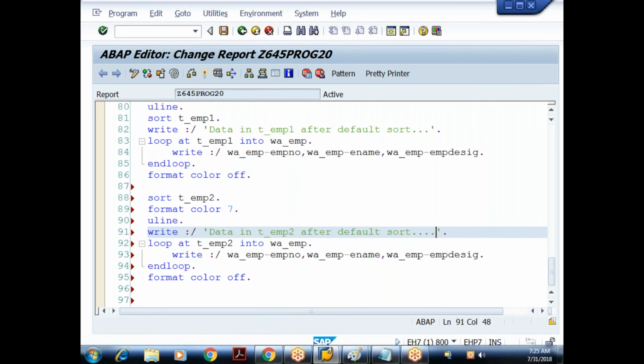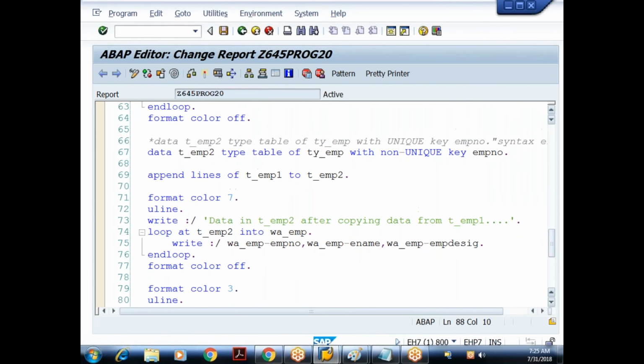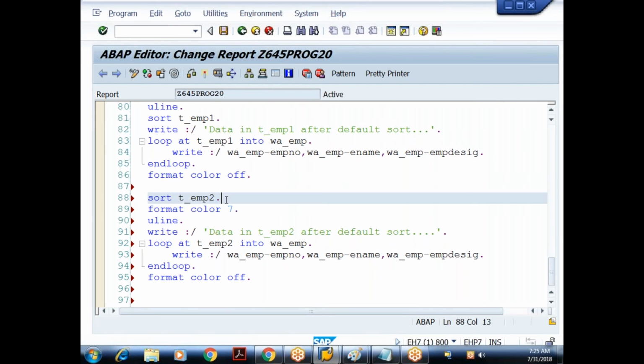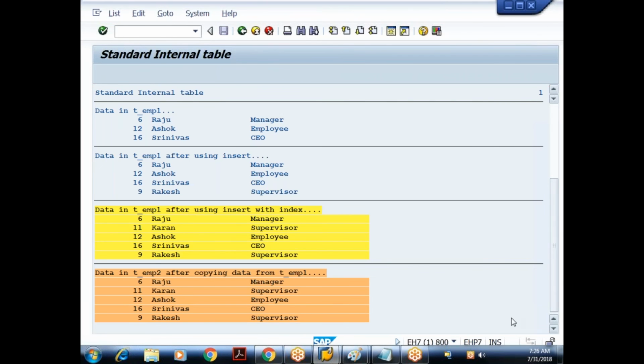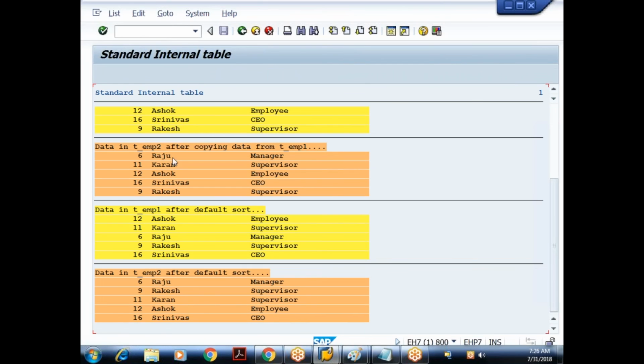So again the same sequence. Since I didn't specify any sorting field, it will check whether this internal table contains any key specification field. Yes, T_emp2 contains one key specification. Forget about whether it's unique or non-unique. It contains a key field. What is the key field? Employee number. So it is going to sort on employee number. Now when I execute, let me check. Yes, you can observe now. This is the old data. Now you can see it has sorted